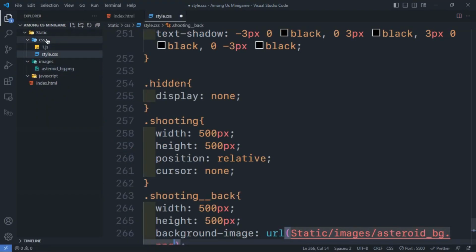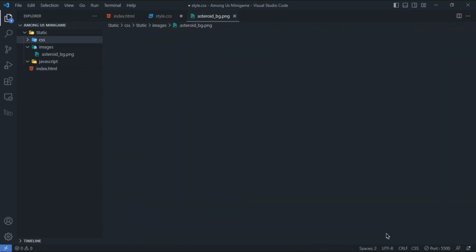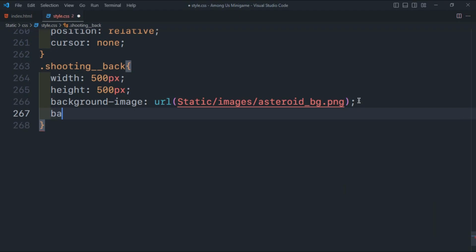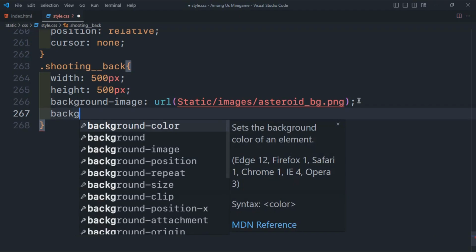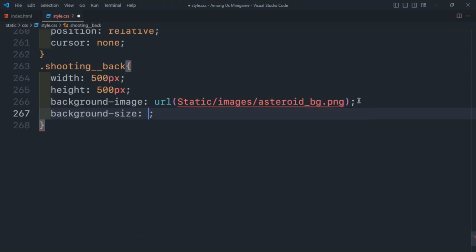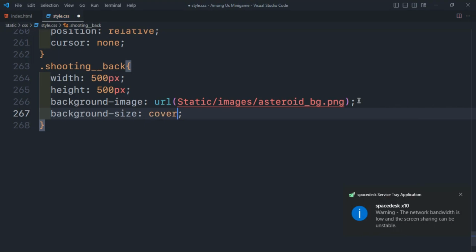Inside of static images we have asteroid_bg.png. Yes, that's the correct path. And its background size we will give it as cover. So background size cover, and then we will add an animation to the background so it will